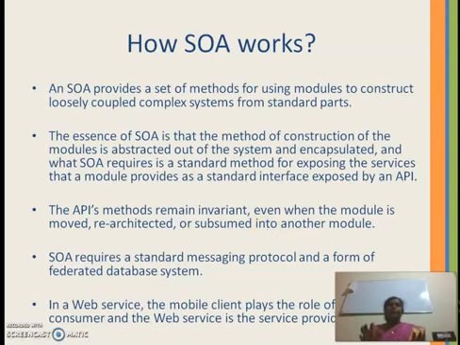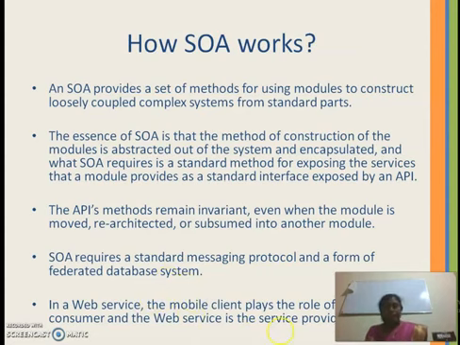So the API is going to be the same, and by using that API, the services can be accessed by the service consumers, even while the service which is provided as a module is being moved or re-architected or maybe provided as part of another module. So the SOA requires a standard messaging protocol and a form of federated database system. By using that, the person who is in need of a service can easily use that service from SOA.